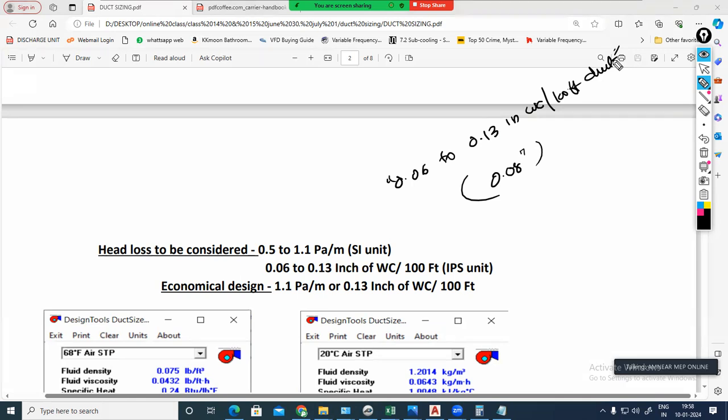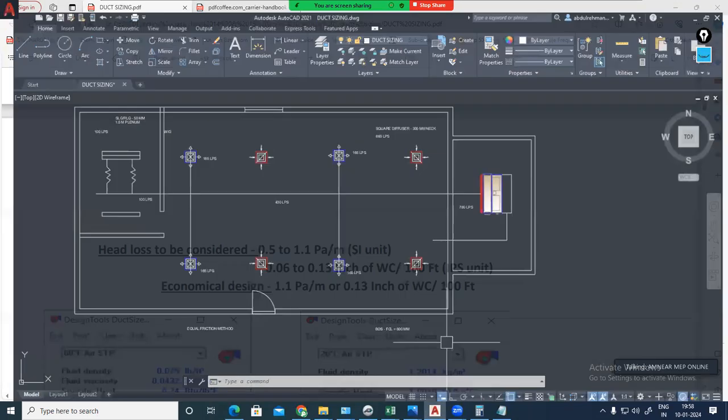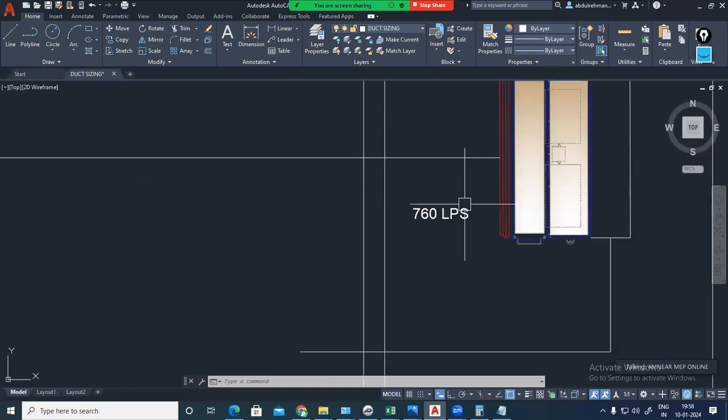So this is a normal range we are selecting. Otherwise, we can find. Suppose this is a normal range as we are following. If people might be saying like 0.06 or 0.08 or 0.13, what exactly has to be selected? Easiest method, you know the velocity, right? For example, if the starting branch is having 760 liter per second,